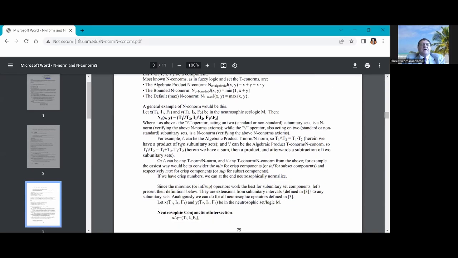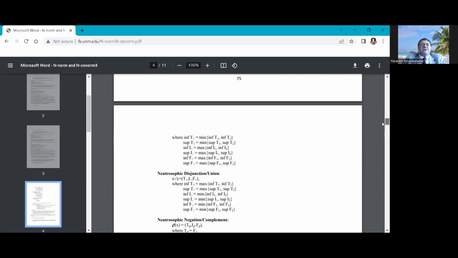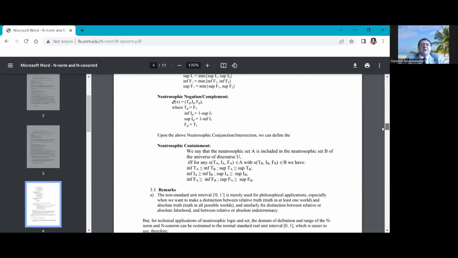For example, for truth, for union, we consider T1 and T2, while for I and F, they go in the same direction, intersection. Now for conjunction, we did the opposite, meaning